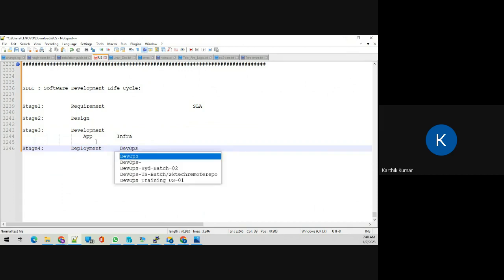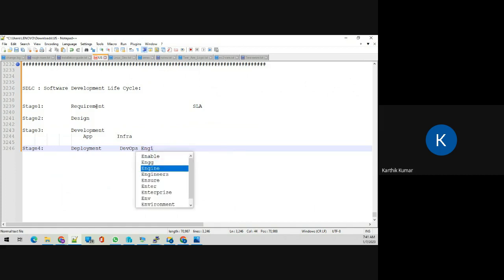Earlier days there was a team called middleware administrators. Still in a couple of projects those people are there, but almost after the agile methodology was introduced, so many projects are following the agile DevOps methodology actually. So here our DevOps engineer will come. The main agenda is